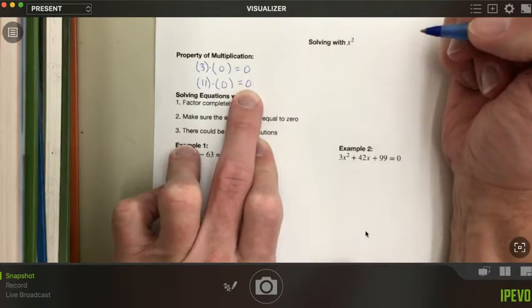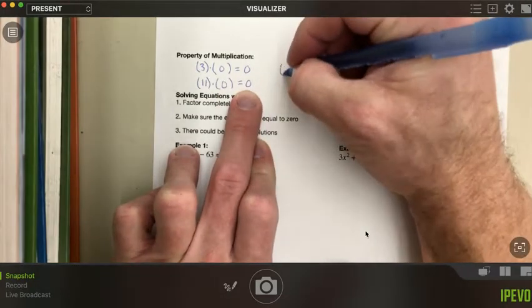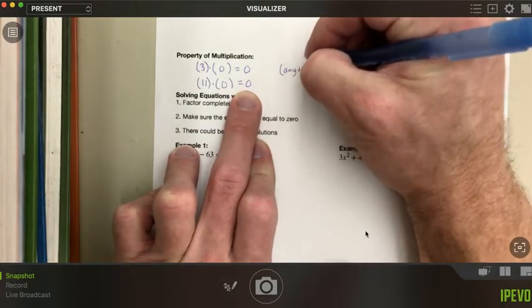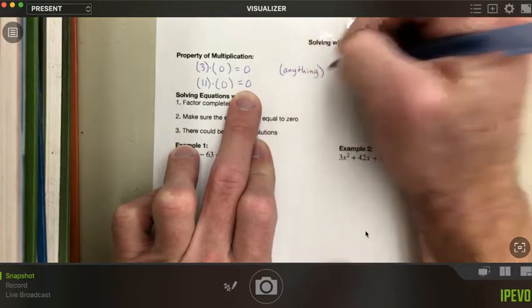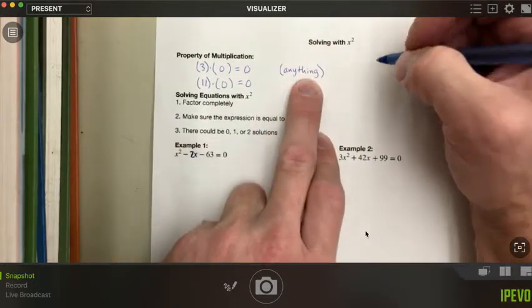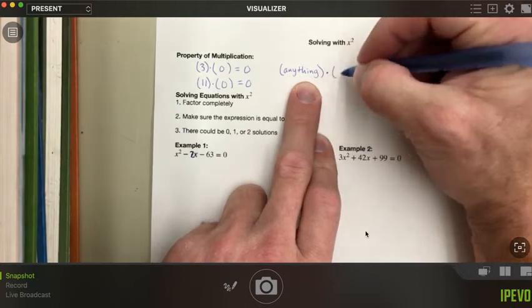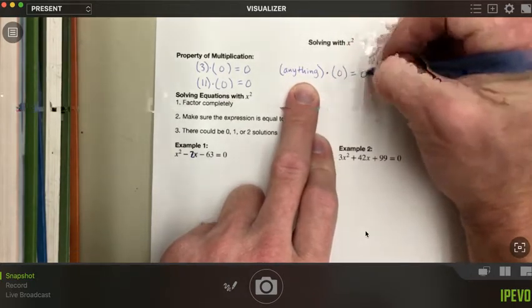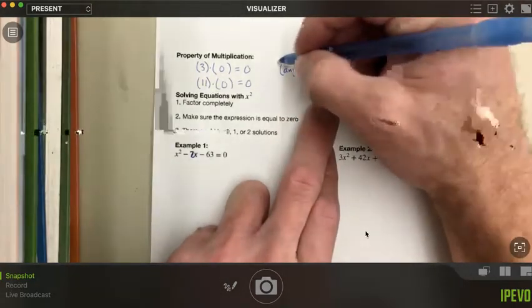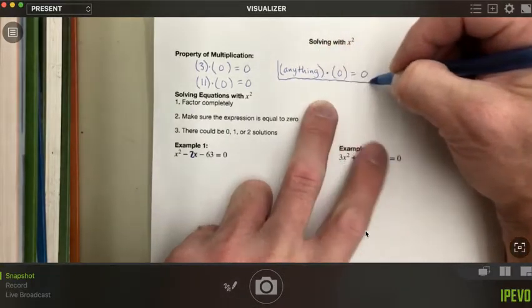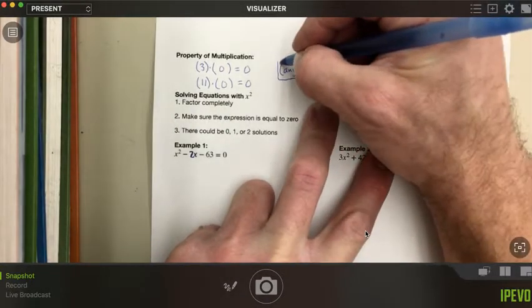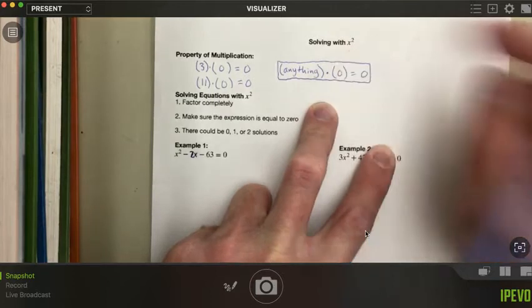So the big thing I want to emphasize is that, in case you weren't familiar with this, whatever is in this first set of parentheses, if I multiply it by 0, I'm going to get 0. And it turns out that this basic property is super essential when we're talking about how to solve when an